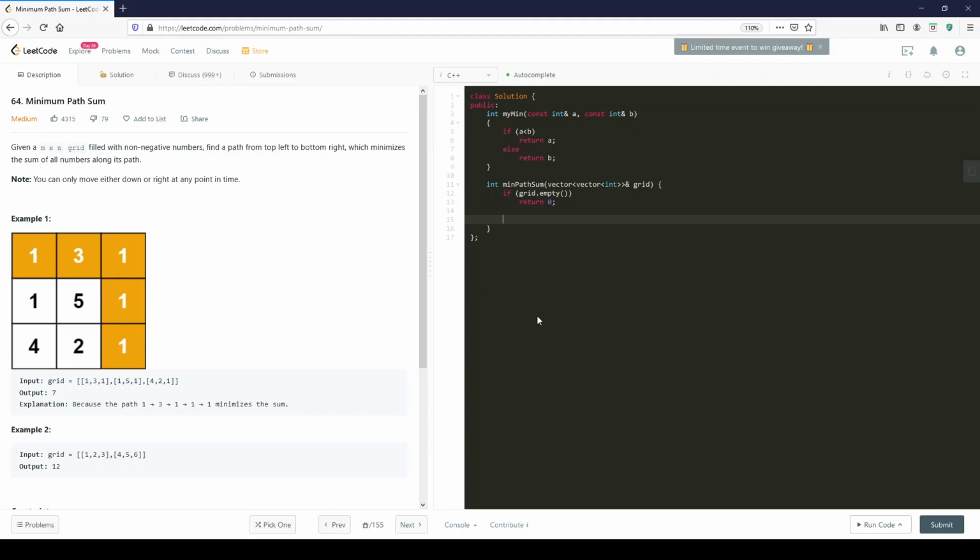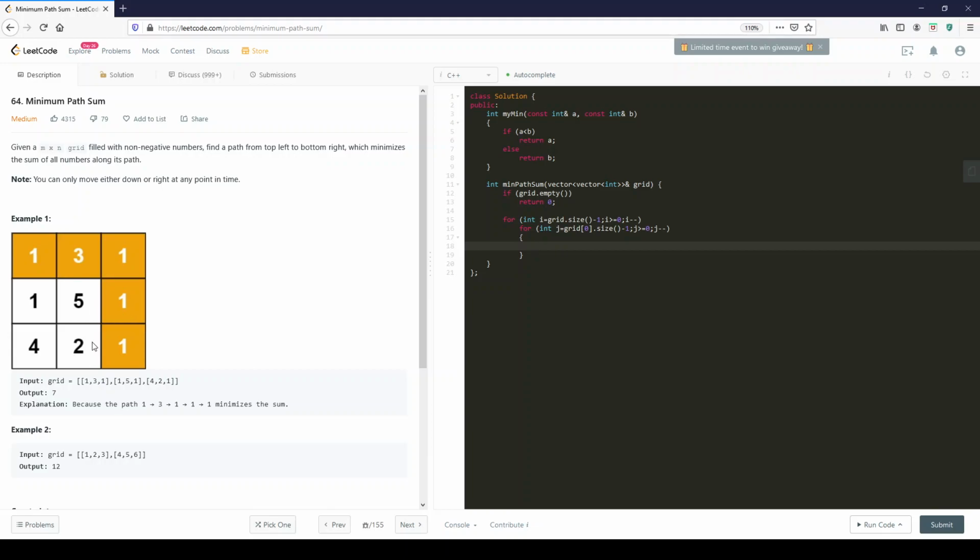So for int i equals grid.size minus 1, i bigger or equal to 0, i minus minus, because we're going down, we're starting at the top, which is really the bottom. This is an abstract representation. For int j equals grid[0].size minus 1, also j bigger or equal to 0, and j minus minus. Okay, so at any given point,